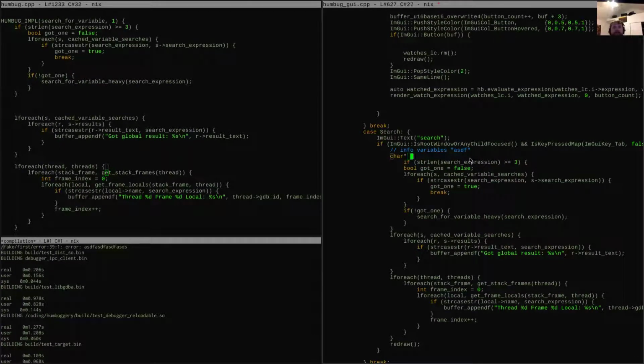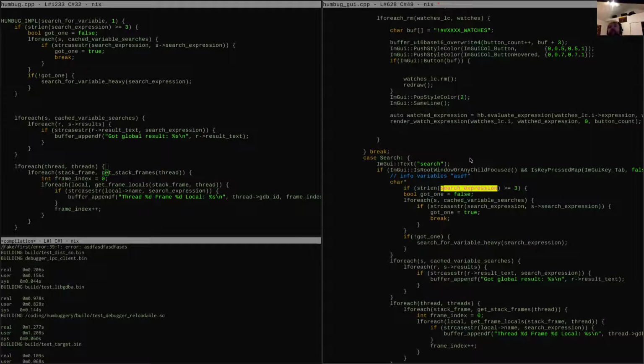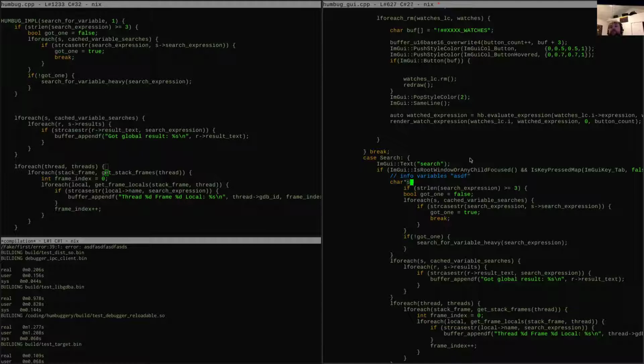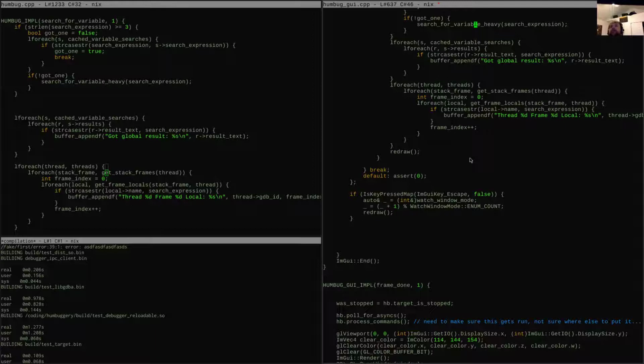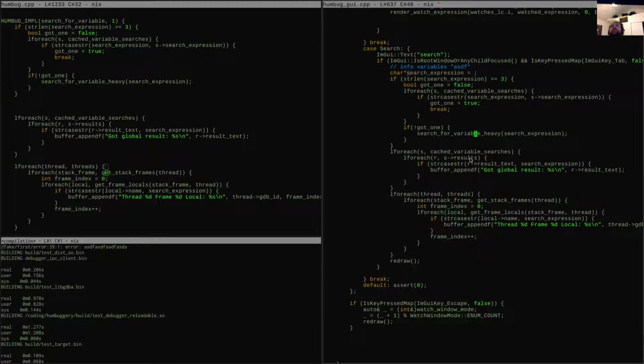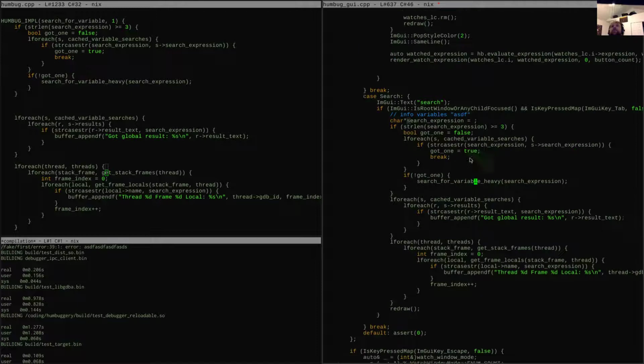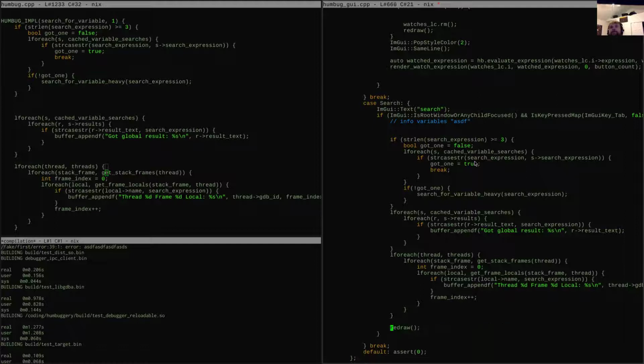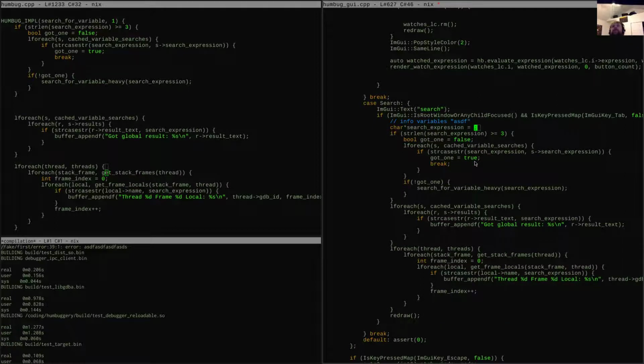So char star search expression is equal to, what am I looking for? What is this? New watch text.